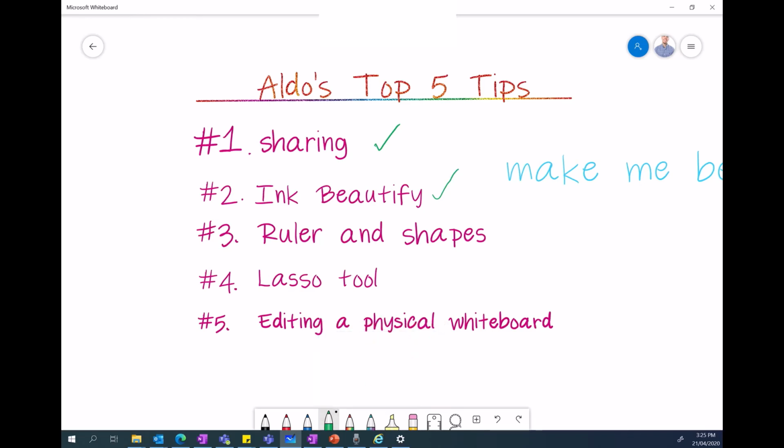Next up is the Lasso tool. And this one isn't just about selecting, but what you can do and how you can really edit once you've selected what you want. So the Lasso tool is found in between the ruler and the plus sign down the bottom. Or if you have a Surface Pen, you can use the button on your Surface Pen to activate the Lasso tool. So here you can see that I'm going to grab the word "to" out of the sentence Lasso